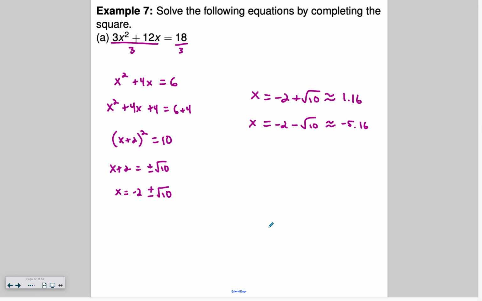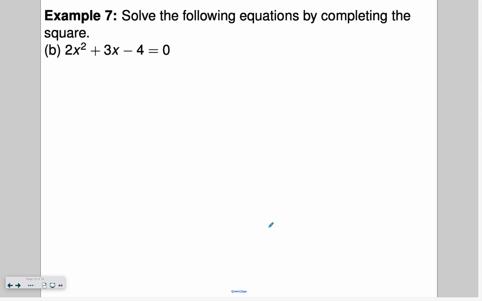All right, I'm pretty much done. I'm going to do one more. You guys try this last one. Give it a shot for old time's sake, and then we'll go over the answer. Oh, it looks like this one's kind of gross. All right, let's do it. Divide everything by 2. I did that in the last one, right? Yeah, cool. 2 divided by 2 is 1, x squared. 3 divided by 2 is 3 halves